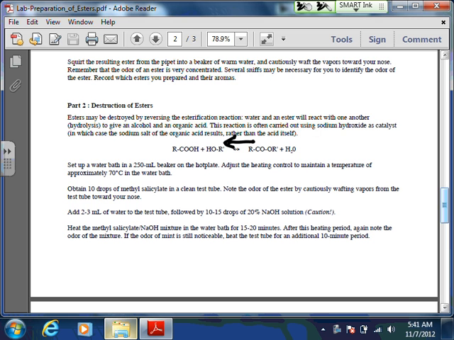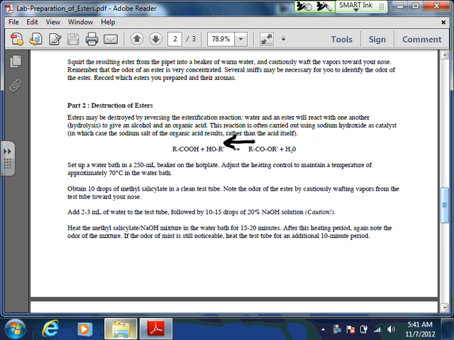There are a few things on here as you read them that are not going to make a lot of sense because we haven't really talked about reversible reactions or equilibrium or any of that yet. But this reaction happens both directions at the same time. And you can actually push it back so that it's going back to the left. And now you have your acid and your alcohol again. So you've broken it apart, and it's not going to smell good. It's not going to smell like an ester anymore. So we're going to do that with